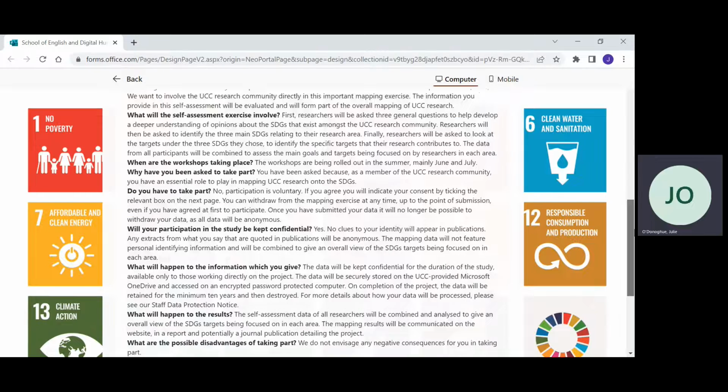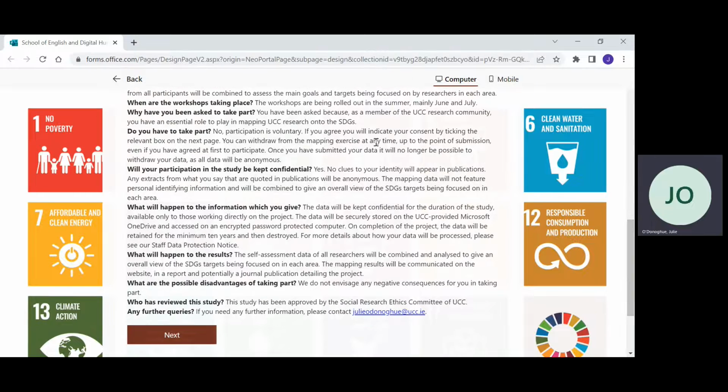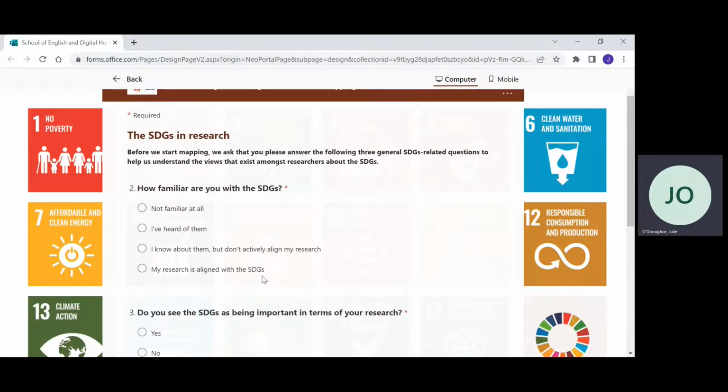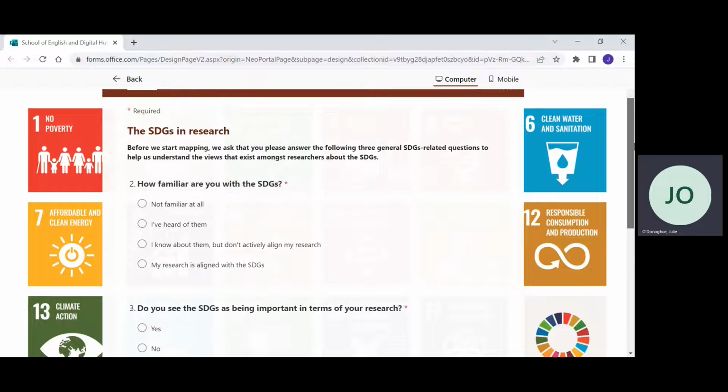There's then an information statement, which has been approved by the Social Research Ethics Committee and is required there for ethics purposes. When you go to the next window, there's a consent statement. Again, that's required from an ethics point of view. So you say you consent or do not consent. If you choose I do not consent, you'll be unable to proceed past this section. So if you choose I consent, next, you get to this part of the form, which is those 3